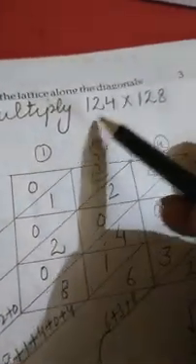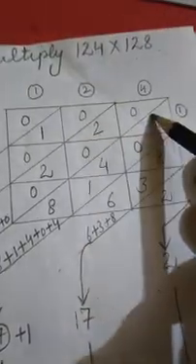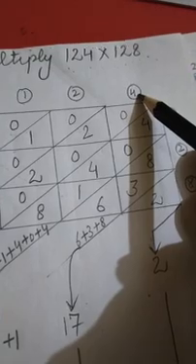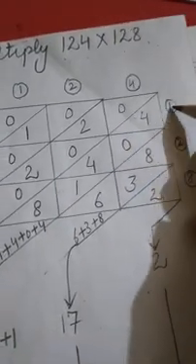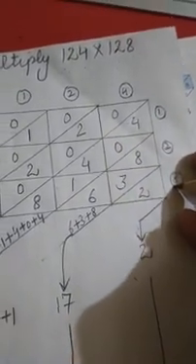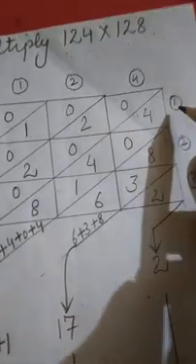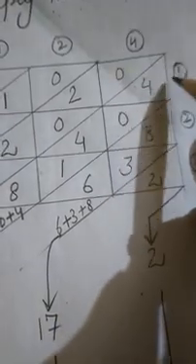There is 124 multiplied by 128. Here 3 columns and 3 rows. So how will we write this? 3 columns and 3 rows we have drawn. 124 we will write on the top of the boxes and 128 we will write on the right hand side of the boxes. So we will start our product. 1 4s are 4, 04 we will write, 1 2s are 2, 02 we will write, 1 1s are 1, 01 we will write.